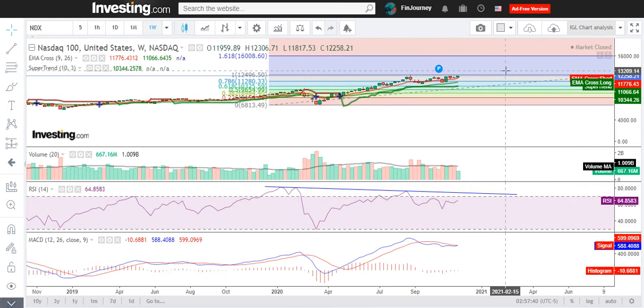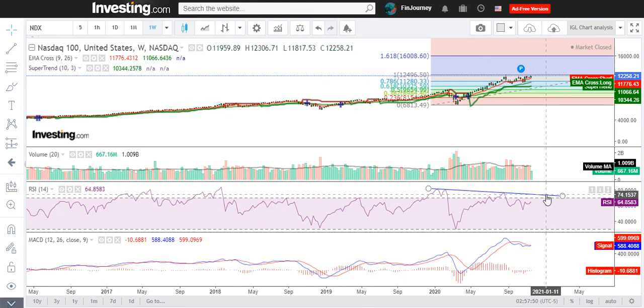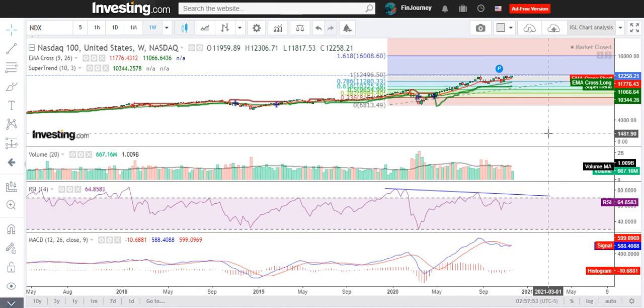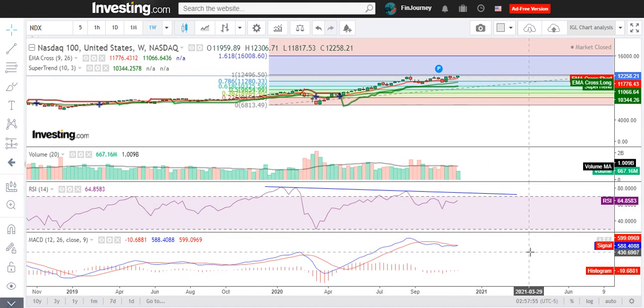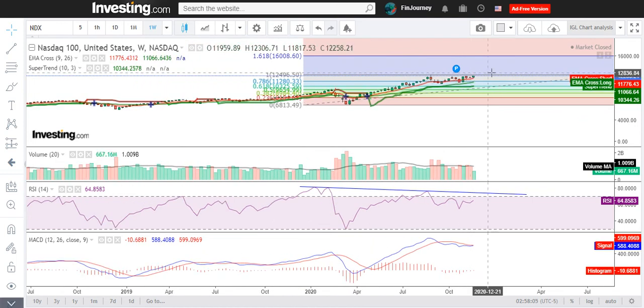So there is a possibility of movement up to 14,000 levels in the Nasdaq 100, and after that we can predict whether it can move upside or not. These are the levels on the technical side. On the MACD, it is getting ready for a bullish crossover on the histogram, so the crossover may help boost the upward movement of the entire market. The first level of resistance can be the round figure of 14,000, and then after that it can move